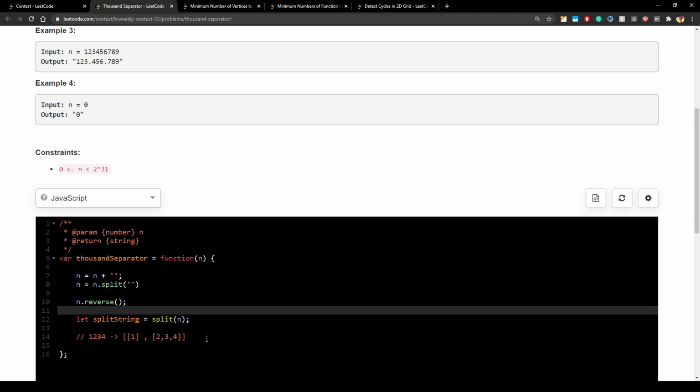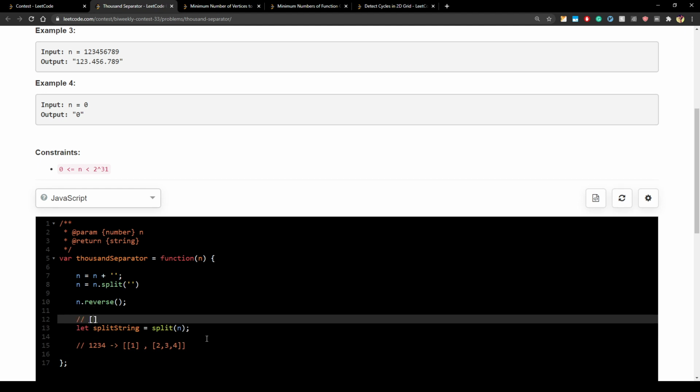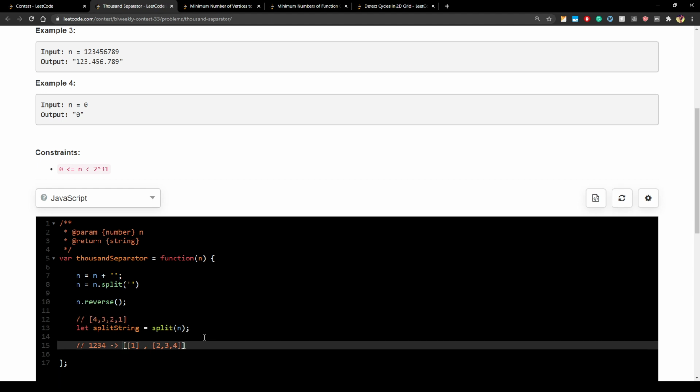Right now my n is actually something like this: for 1 2 3 4 it will be looking like 4 comma 3 comma 2 comma 1. So I'm assuming my split string, because I'm processing from the end, will give me something like 4 3 2 comma 1. So I will break the above array into this array using this split function.